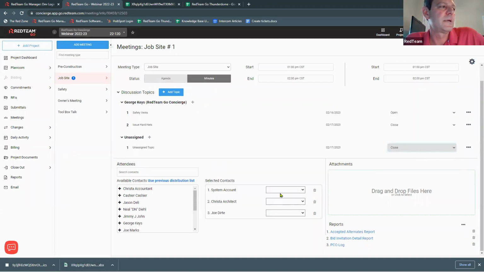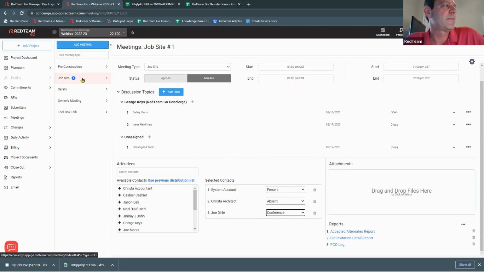And we'll close this. During the meeting, this person was present, absent, and then conference. Those are our options. So now we know who was there, who was not there. Again, this is auto save. So we've turned this into minutes. When we go back out,